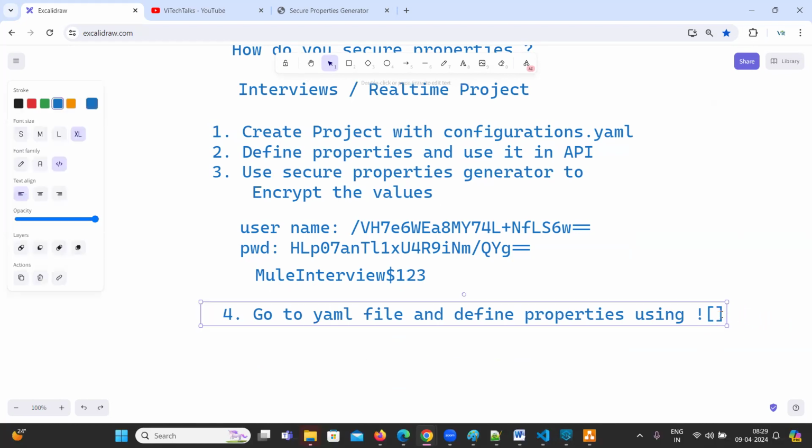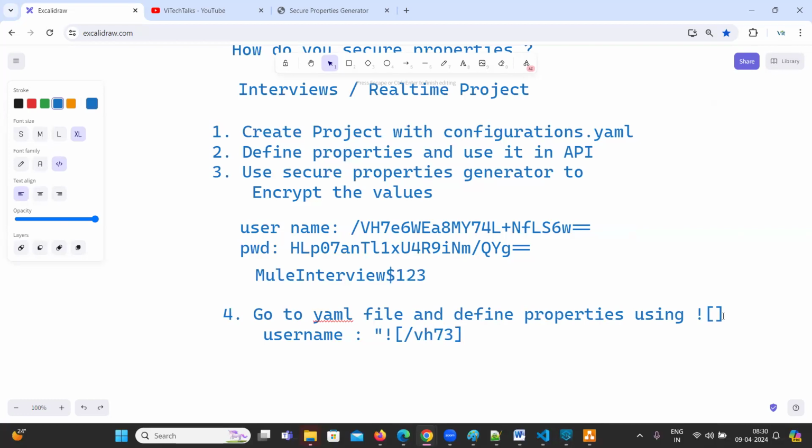For example, let me write the example here. Username colon double quotes, exclamation mark, and here you need to provide slash vh7e6wea89, something like this. Okay. So this way we need to define. So once you define,